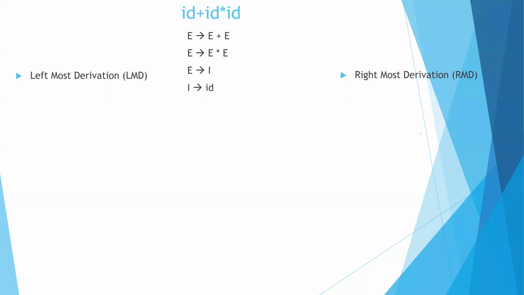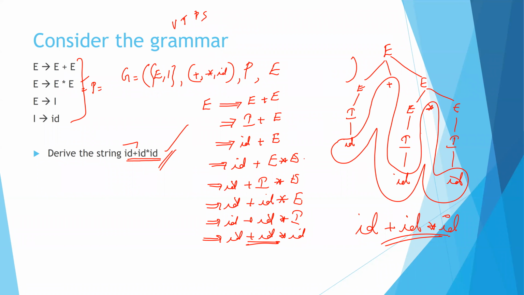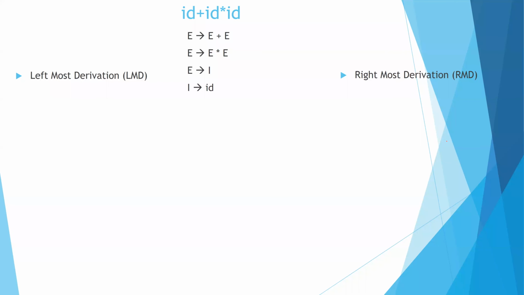Now, we will see something called LMD and RMD. Leftmost derivation and rightmost derivation. Leftmost derivation means you start your derivation from the left. Now, I'll directly do it. It is very easy. You will start from your start symbol. E is equal to E plus E. You start from the left. Go for the first variable on the left, which is not yet changed into something else. So I'll go for this E.